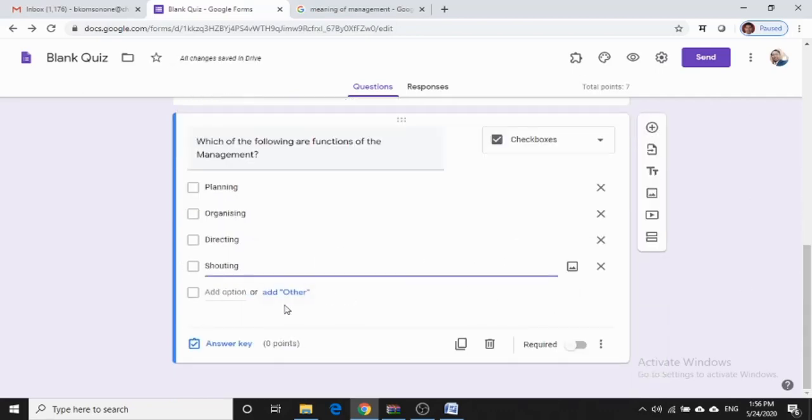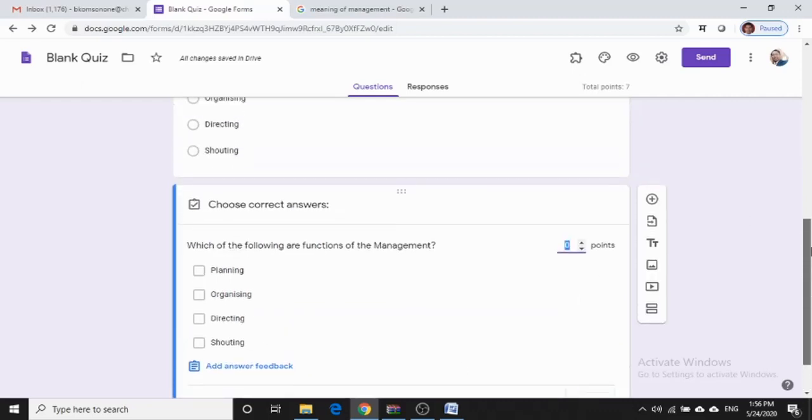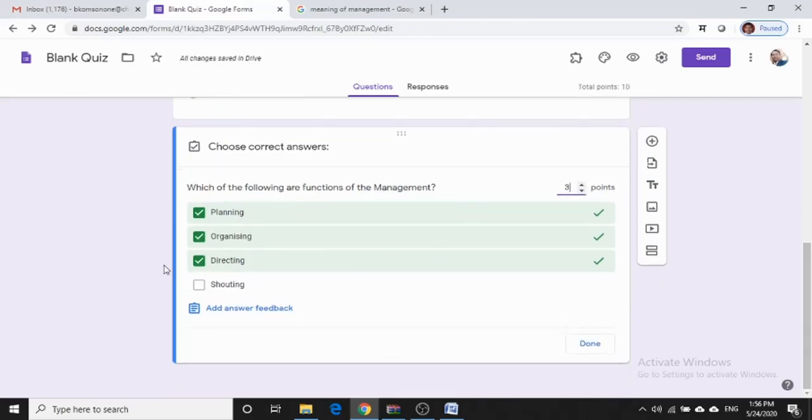Now we can find out that there are 3 correct answers. The planning, organizing, and directing are the functions of management, but shouting is not a function of management. Here we can give the points. There are 3 points for this question. If they give the correct answers, they can get the points. And